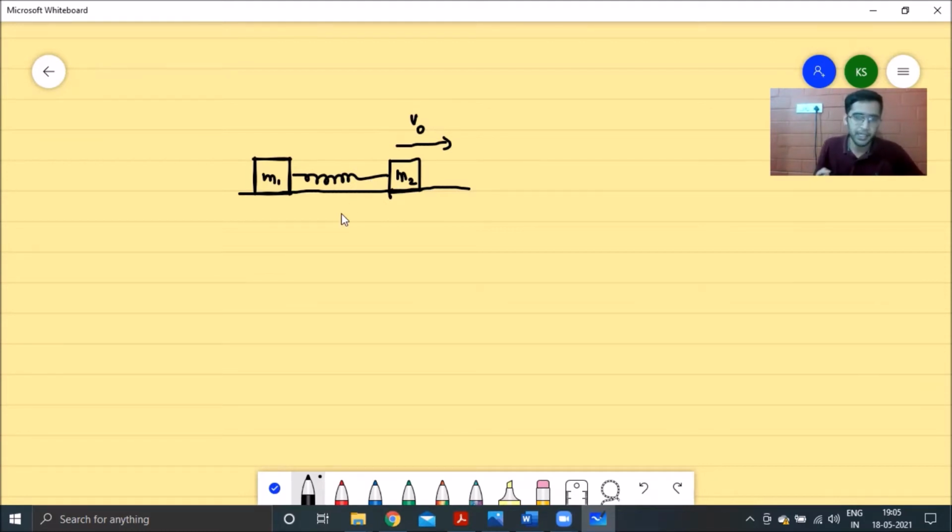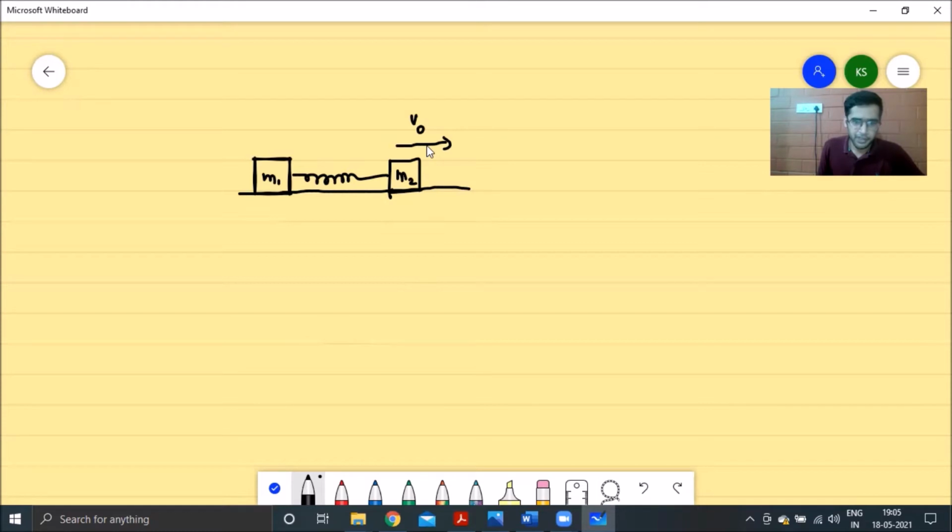That's what is meant by the condition that this block is given a sharp impulse such that it attains a velocity V0, right? So the condition over here is this block is given a velocity V0, and in the time it took for this block to attain a velocity V0, we can ignore the elongation which the spring had undergone during that time, right? So by the time this block has acquired a velocity V0, we'll still say that the spring is at its natural length, right?